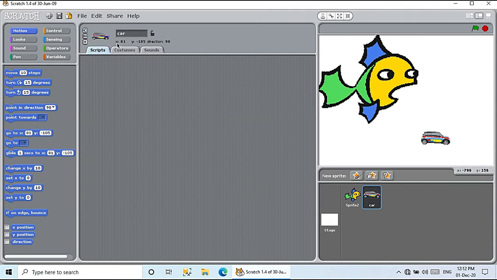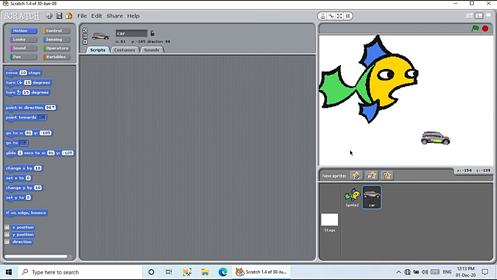Now apart from that, I want to tell you about these x and y coordinates. This x and y represent the position of a sprite on the stage, where this sprite is. This sprite is located at x-axis 81 and y-axis minus 105 here, and the direction is 90. And here also we have x and y, but this x and y tells the position of the mouse pointer. See here, if I place the mouse pointer here, the coordinates are x 137 and y 123. But if I place it here, they become negative 176 and minus 104.